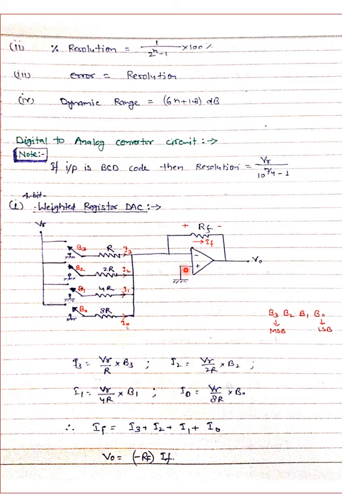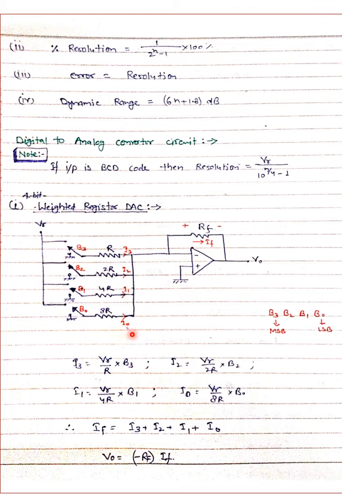So the V output is given by V0 equal to minus of RF into IF. So we have to find here the IF, and when we apply KCL at this point, we will get that IF equal to I3 plus I2 plus I1 plus I0. I3 is given by, since this point is at 0 volt or ground, we can directly write that I3 is VR upon R, I2 is VR upon 2R into